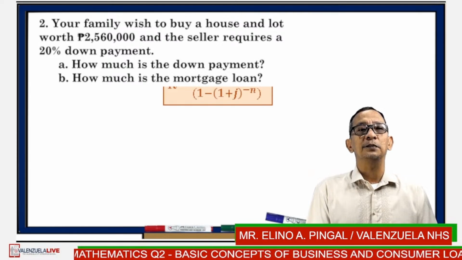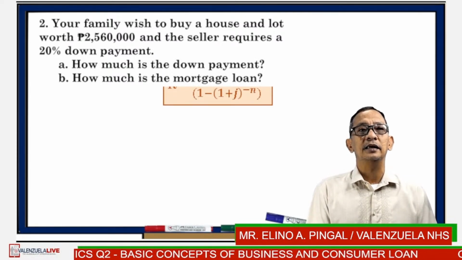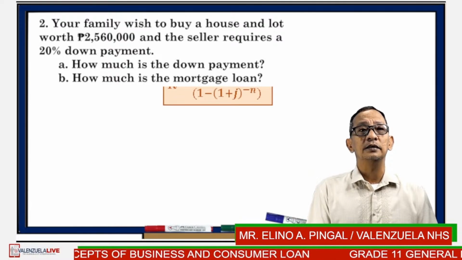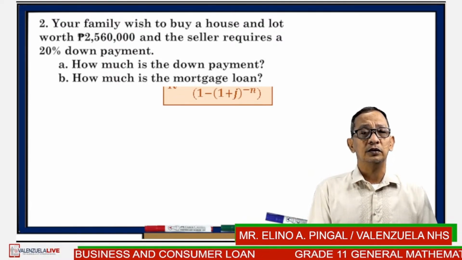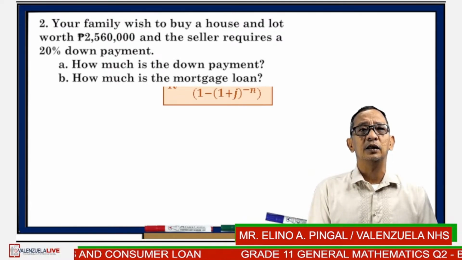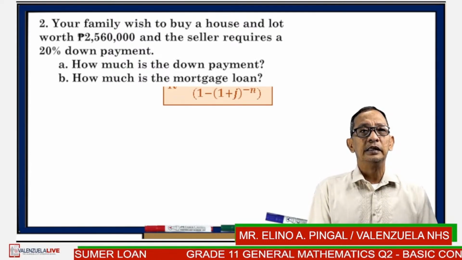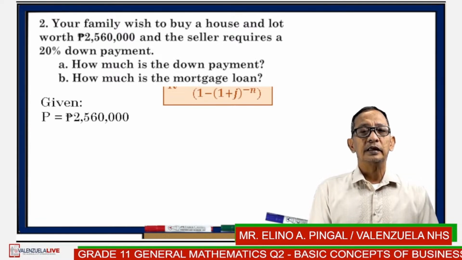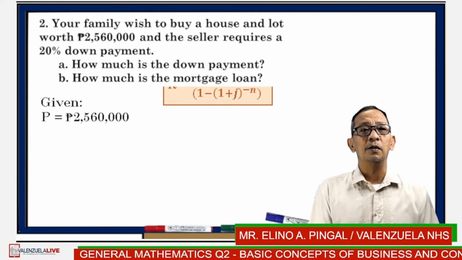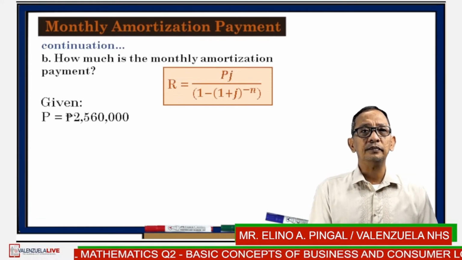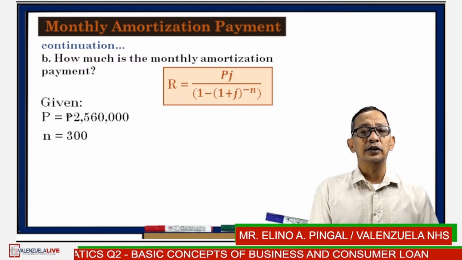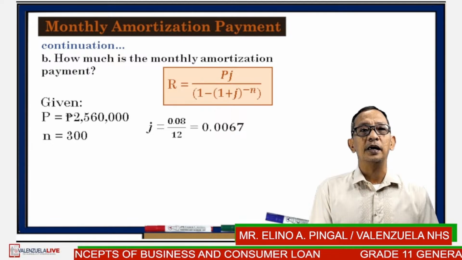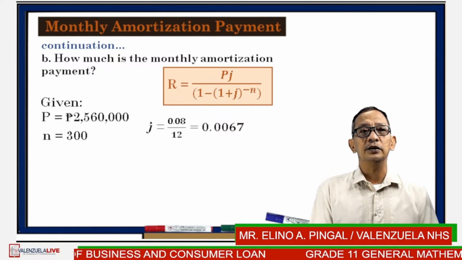Let's look back at the problem and recall the given. Your family wishes to buy a house and lot worth 2,560,000 and the seller requires a 20% down payment. So here, the given: P is equal to 2,560,000. N is equal to 300. J is equal to 0.08 divided by 12. That is equivalent to